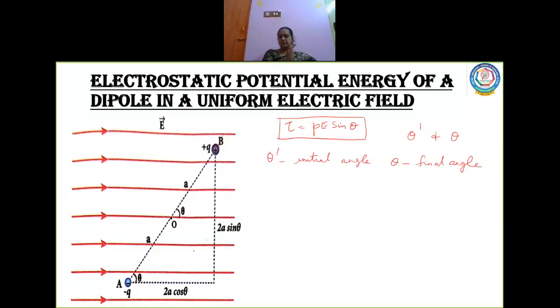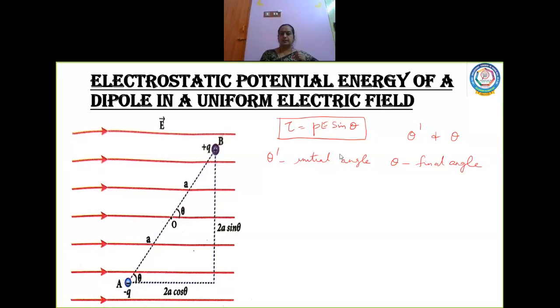When it is kept in an electric field, definitely the dipole will experience this torque. Now I am going to do the work against this tau. Yes or no? So I am doing the work by an external torque, making the dipole rotate. So the work done against the torque exerted by the electric field is stored as